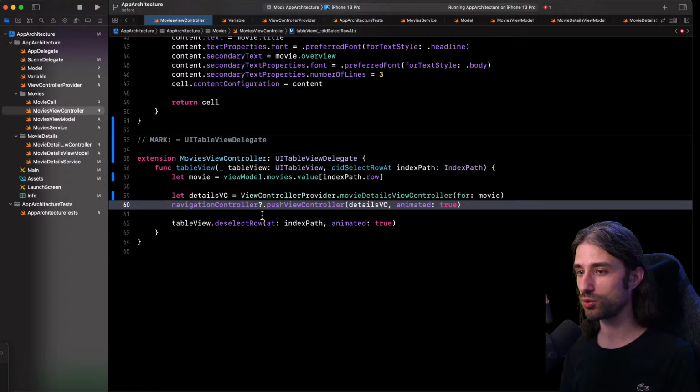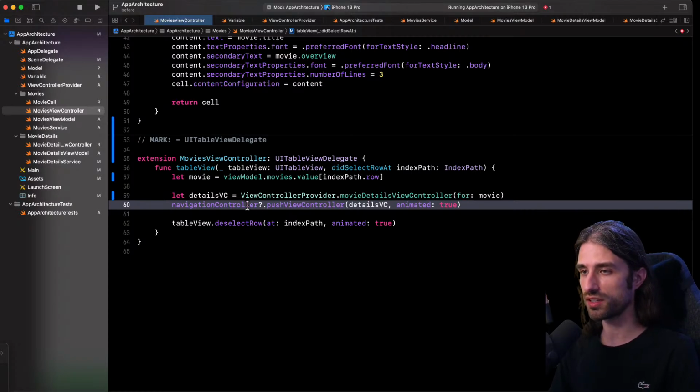And so I would need to do what we call a programmatic navigation, meaning that I would like my app to navigate to a screen in response to an event that was not necessarily triggered by the user, like clicking on something on a view controller. And same thing, doing so would be hard, because it's the instance of a view controller that knows how to navigate to the particular details of a movie.